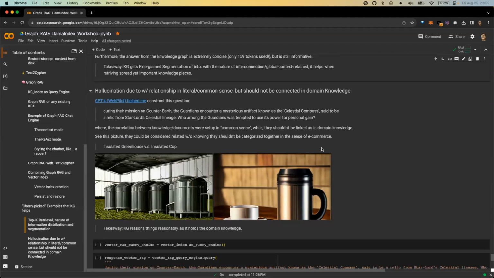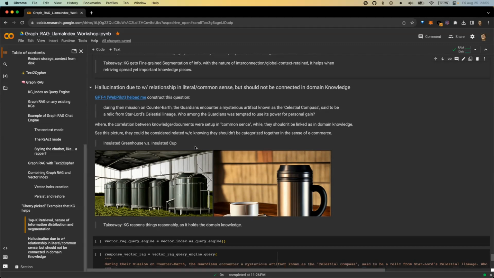So the trigger of this example was when we were talking with one of our users in the community. They are a vendor, a SaaS startup providing a CRM system on a certain domain, and their customer will do the QA regarding how they want to sell different things. They found a certain case where, with the plain vector RAG approach, there will be some negative results retrieved